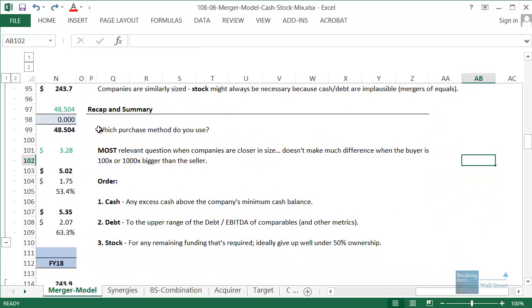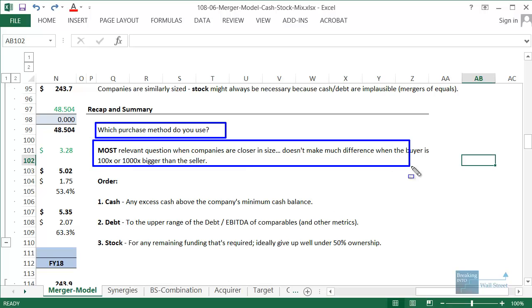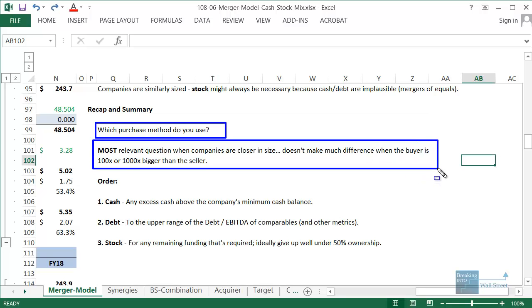The big question here is which purchase method do you use? Do you use 100% cash, 100% stock, 100% debt? Do you use a mix of all those? It's really a more relevant question when the companies are in a closer size range. It makes a much smaller difference if the buyer is, say, 100 times bigger or 1,000 times bigger than the seller. And the way you generally decide the mix of cash, debt, and stock to use is you start with